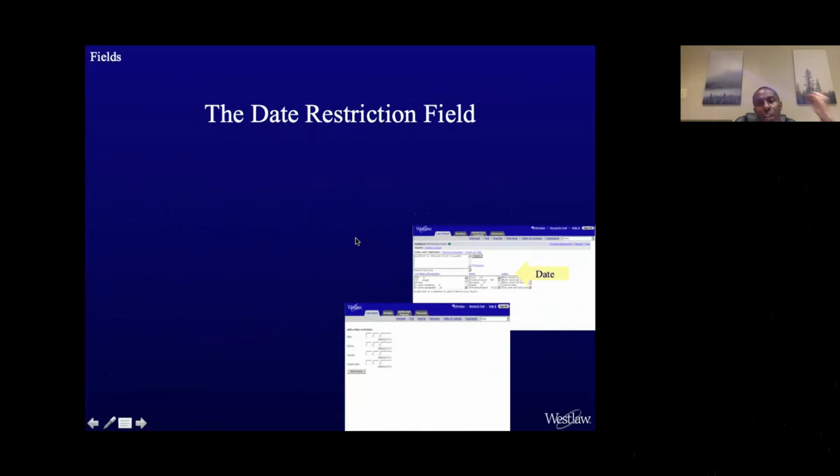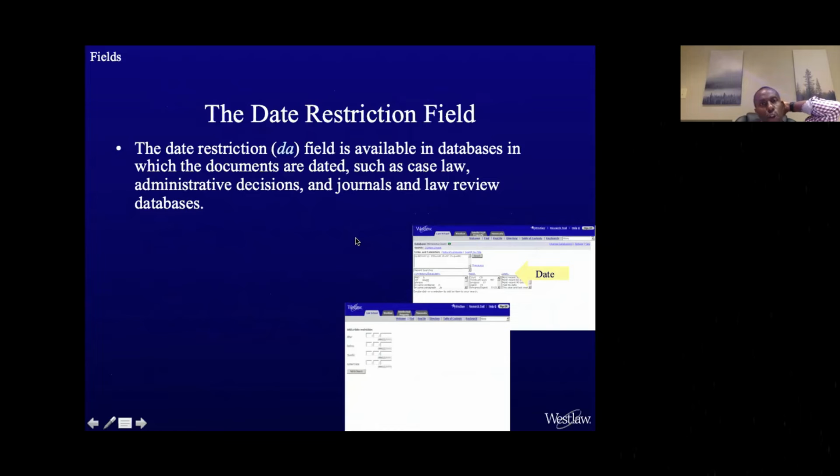All right. Date restriction fields. This is another important one. Say you're searching the intoxicated case and you do "intoxicated" within the same sentence of "injury," within the same sentence of "drunk." You won't do it all in the same sentence because it's not likely that all those words will be in one sentence, but you say within 7 of each other.